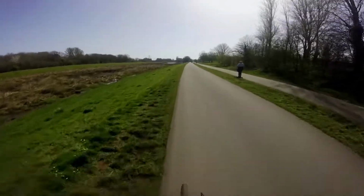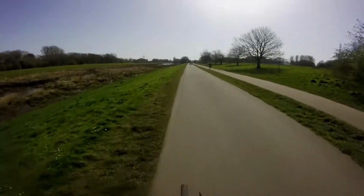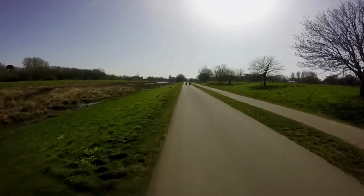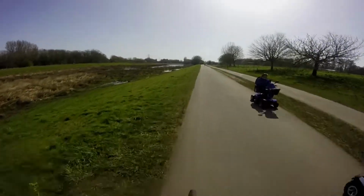Anyway, moving on from that, the marsh area of the flood defense system still has a little bit of water from the winter, making it the flood marsh, which is pretty cool. Some Zuma scooters,